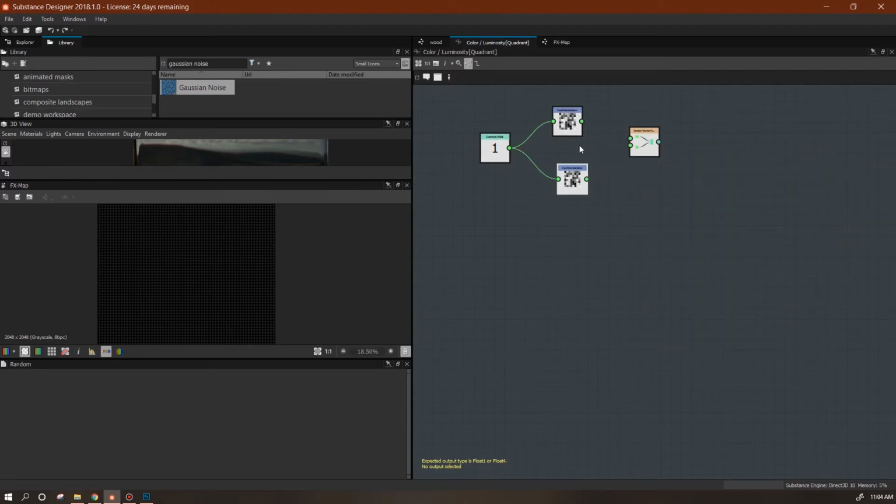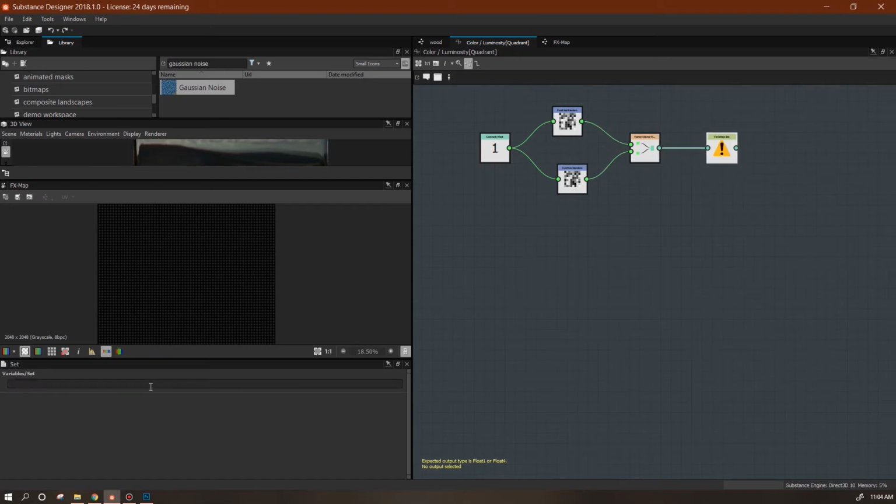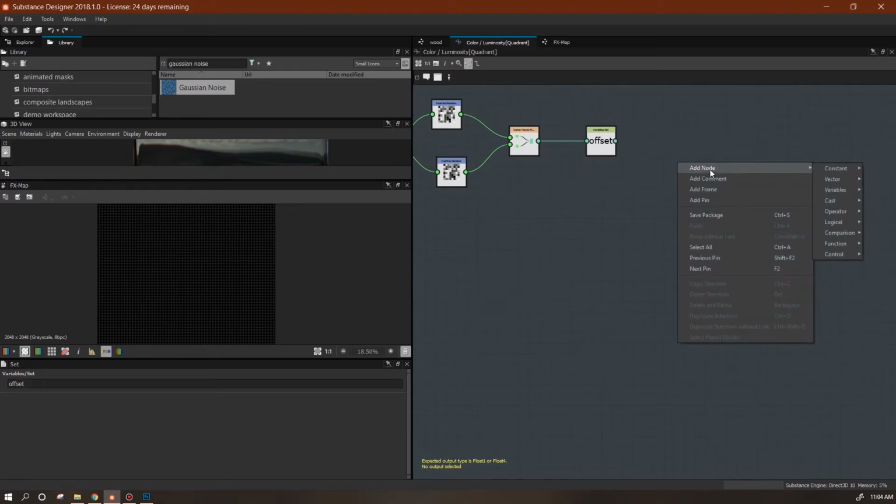Okay, first I'm going to work on my offset. So I want a random x and a random y, and we're going to set our variable. I'm going to type in offset. I'm going to copy it because I'm a lousy typist. And let's finish